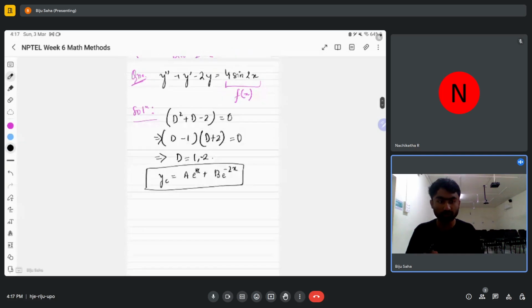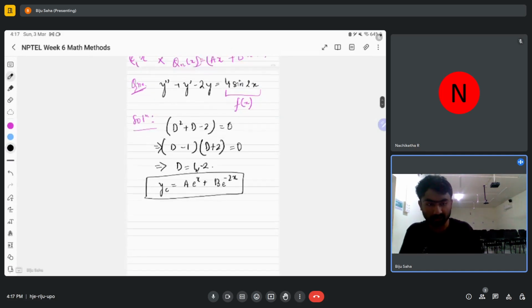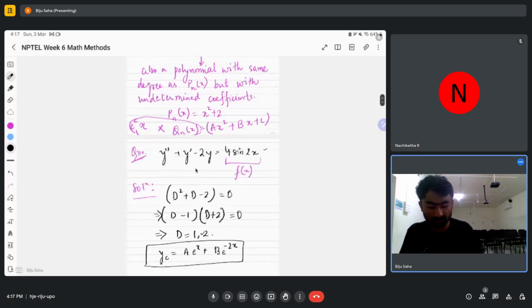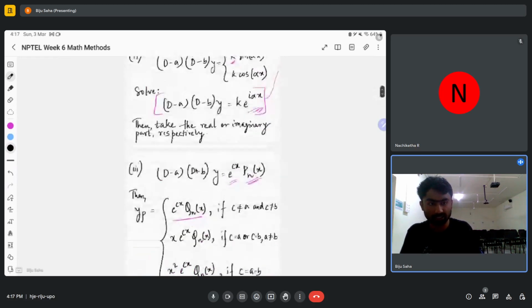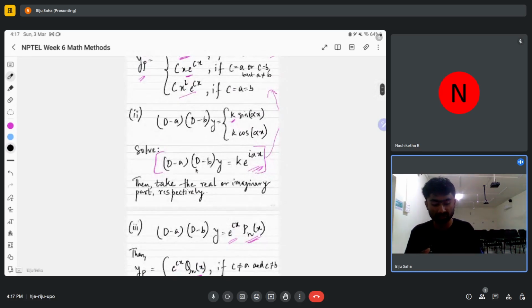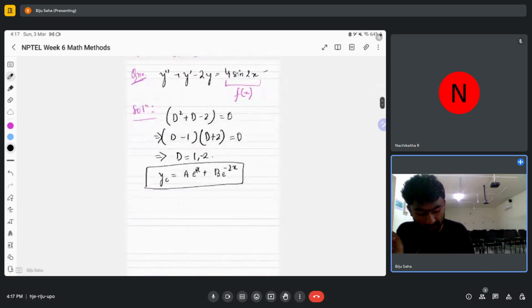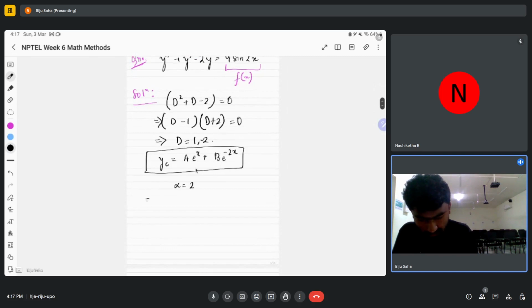Now let me find the particular solution. Since this is a sine function, as I already said, you have to express your sine function in terms of the exponential. Whatever occurs as the coefficient of x, you have to write here as a power of the exponential. So in my case this alpha is equal to 2, right? So my equation now changes to